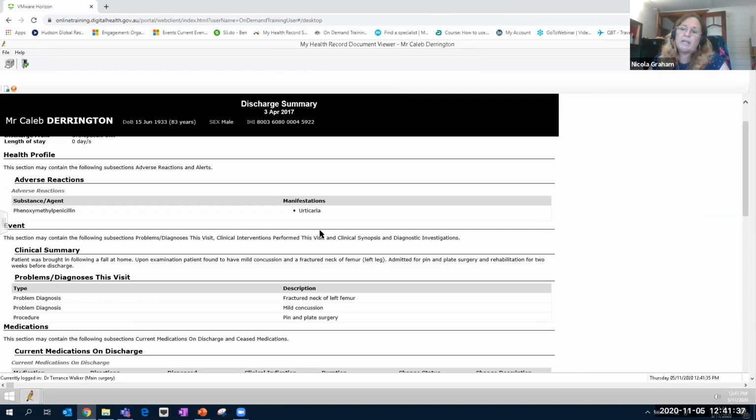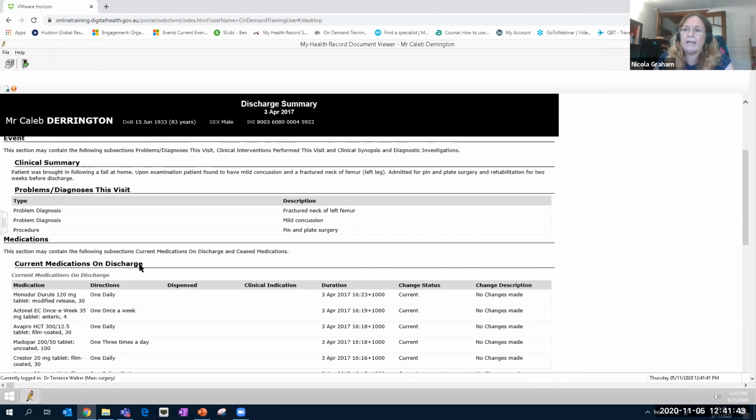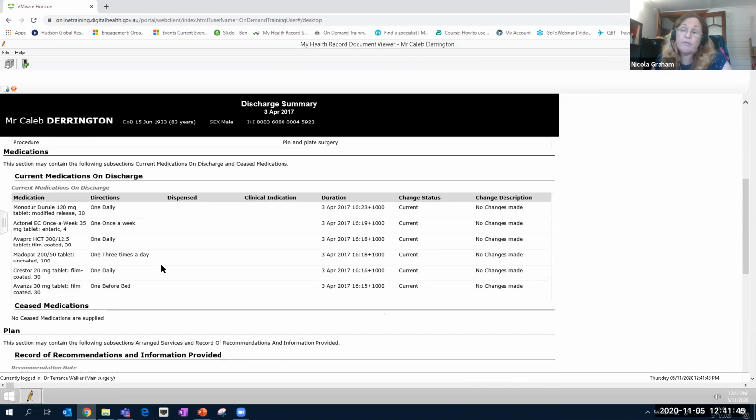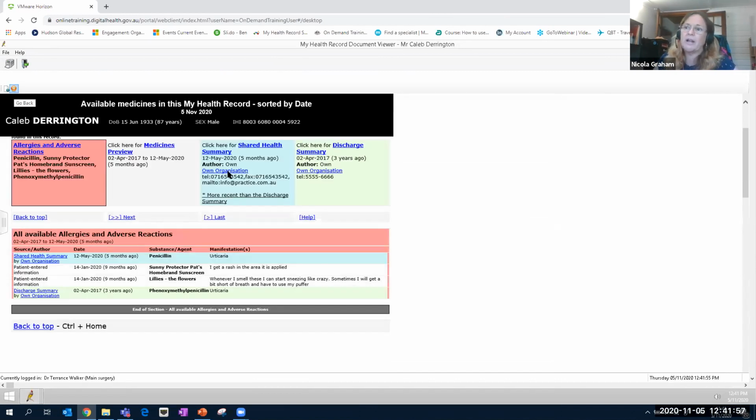So the discharge summary here, it's a lovely streamlined view, and it gives you all the information around what medications they're taking. So that's a great first start, especially if the patient says, I was at the hospital and you haven't received a discharge summary. You may well find that on the patient's My Health record. So we'll just click this little red button to go back,